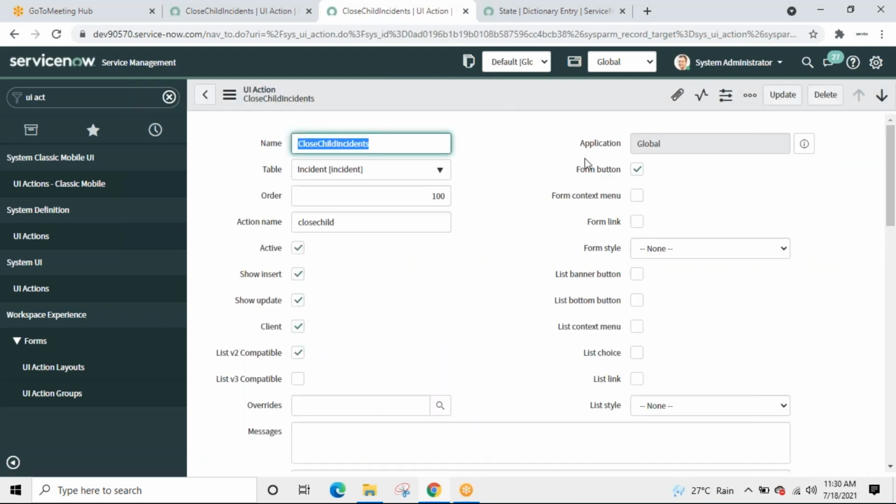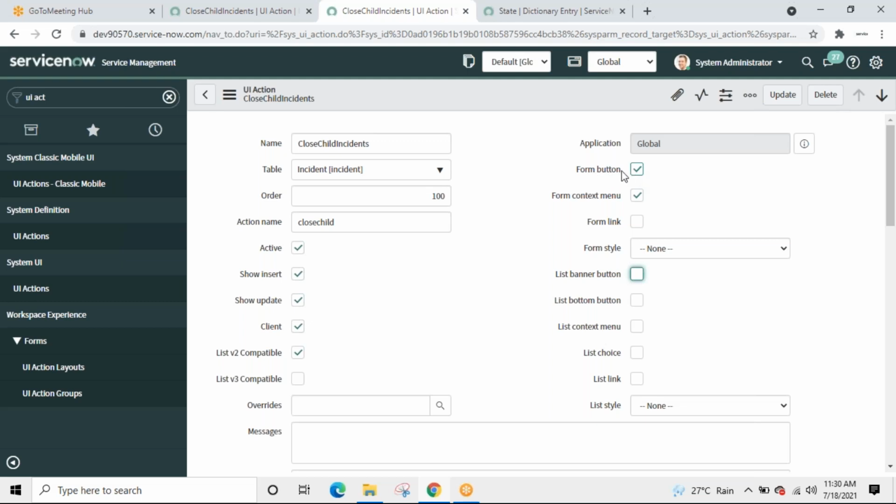Yeah. Now this was a form button. Now people will say, no, I don't want it as a form button. I want it at additional places as well. There are many. You'll have to check, uncheck, and do some R&D. Like if I click on this, or let's say this, and not this.